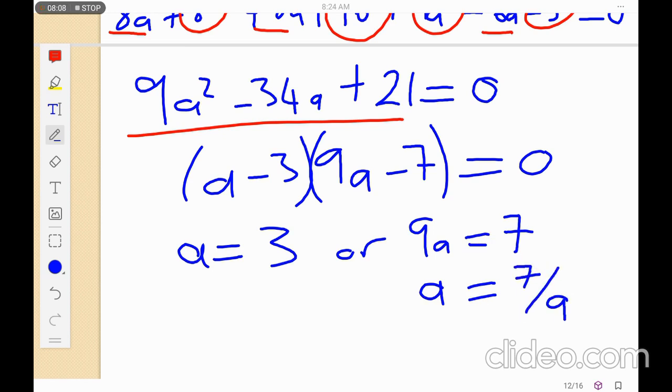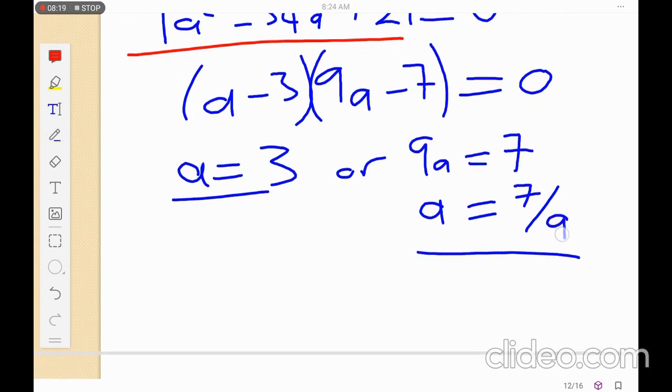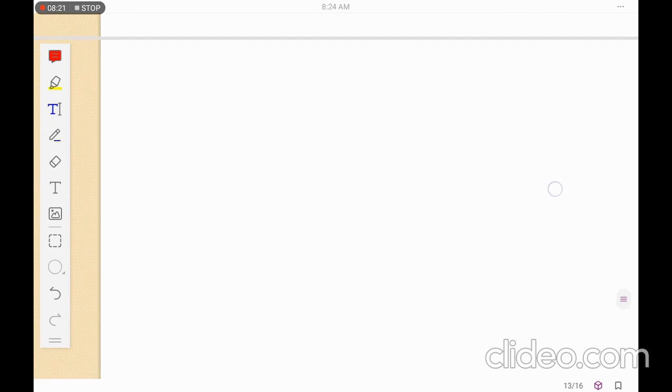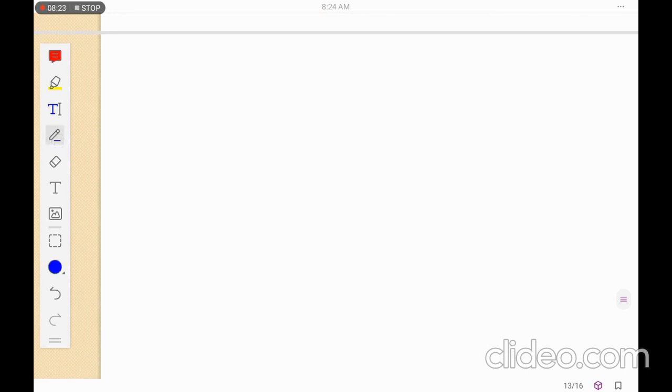These are our solutions there. You can even check if you want, go to your question and substitute a is equal to 3 and see from the equation that we had. Our equation was 1 over 3a minus 1 is equal to 1 over a minus 1 is equal to